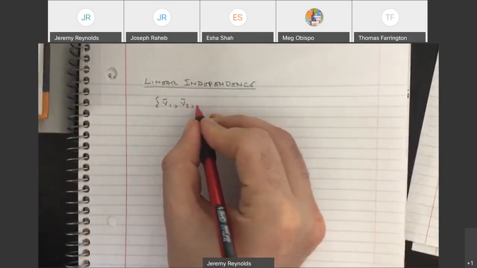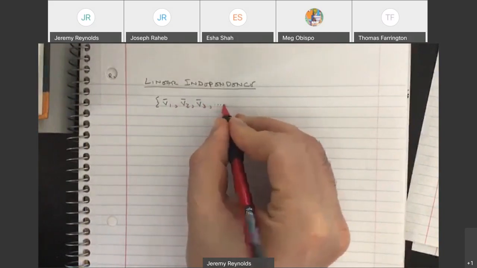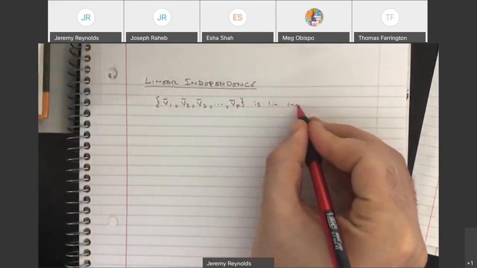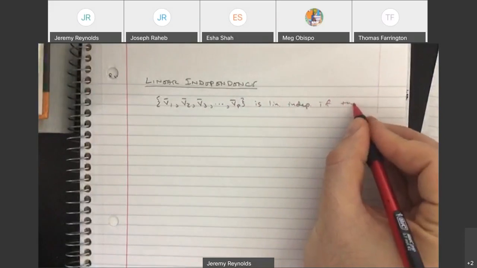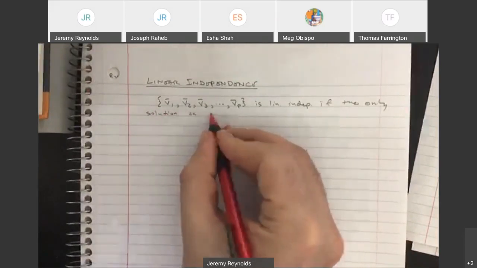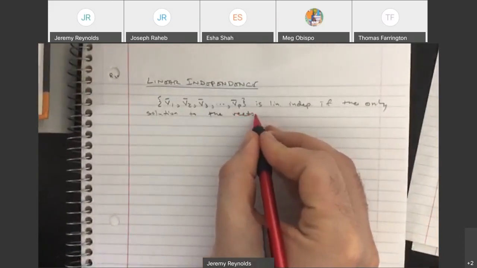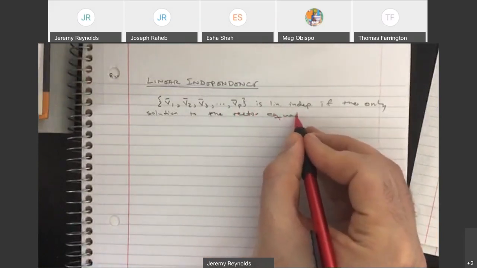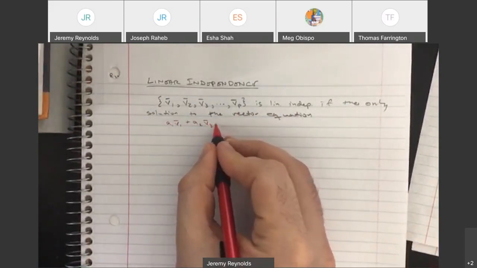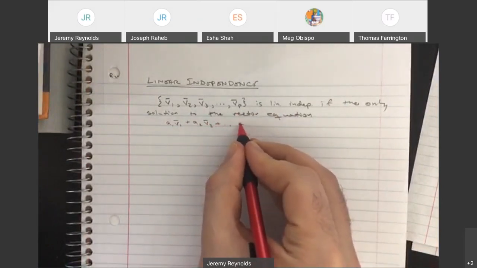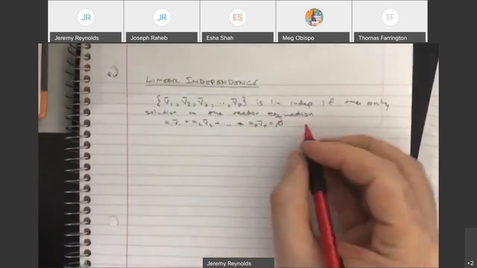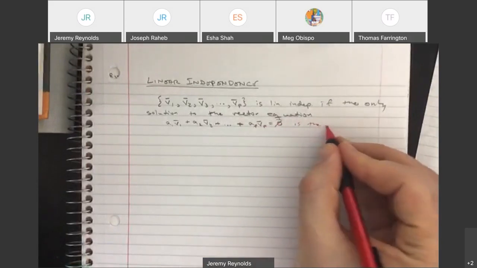So if we have a set of vectors, we say that they are linearly independent if the only solution to the vector equation A1 V1 plus A2 V2 plus ... plus AP VP equals 0. So if the only solution to this is the trivial solution,